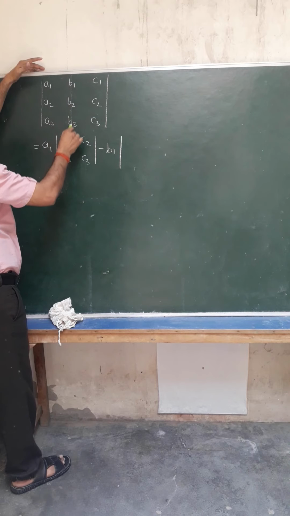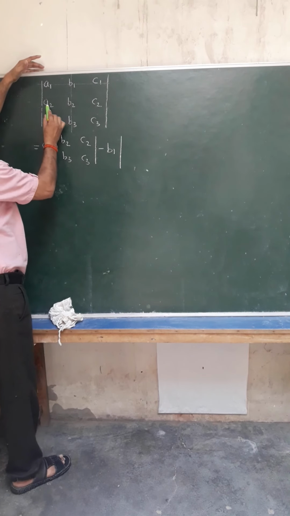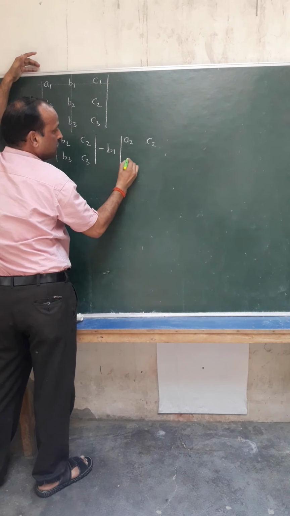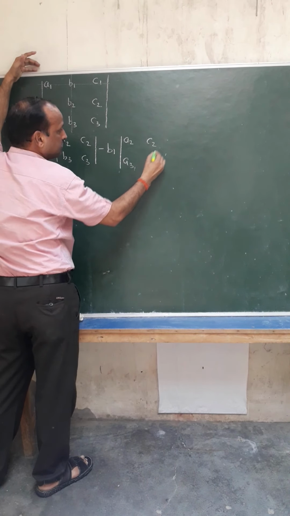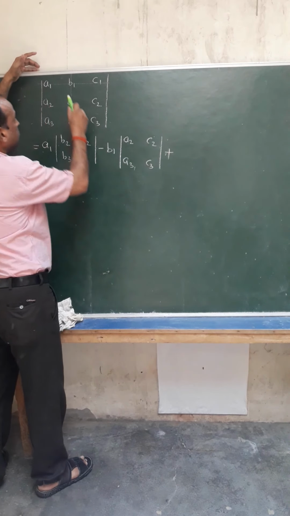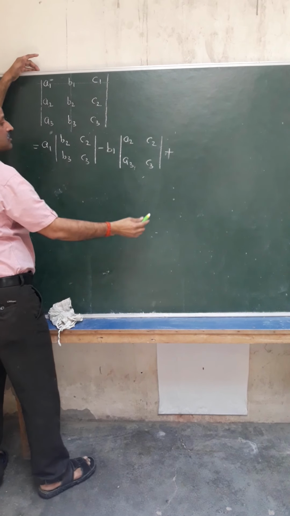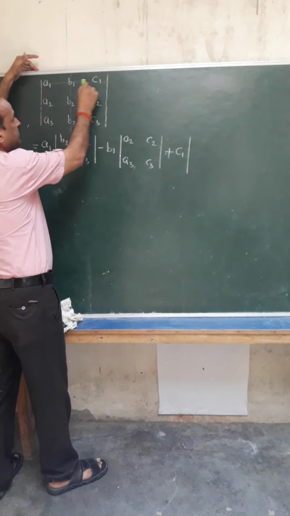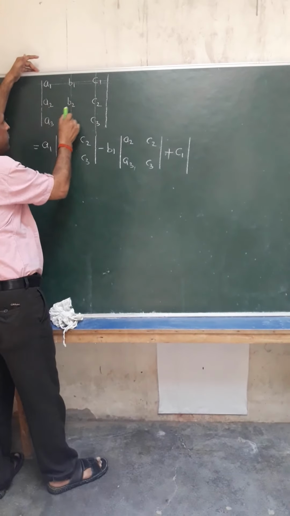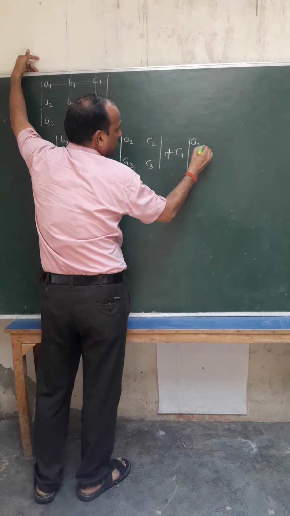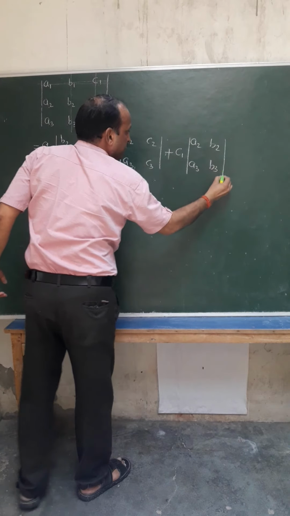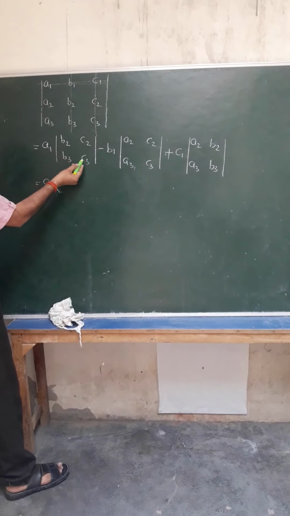Now hide this row and this column. We have A2, C2, A3, C3. Plus, move to the next term in the first row, C1. Now hide this row and this column. A2, B2, A3, B3. Now open this bracket: A1 (B2 C3